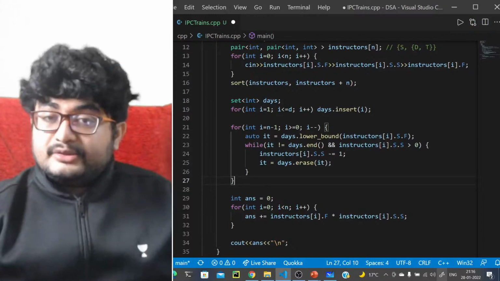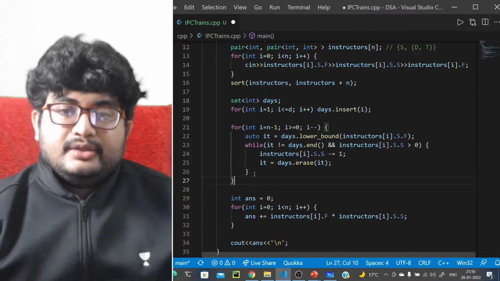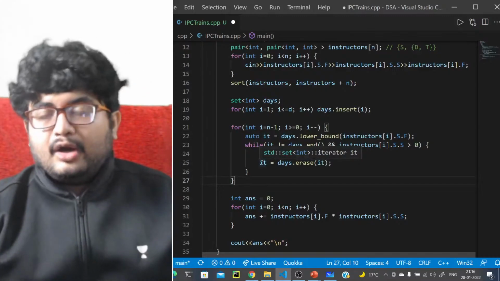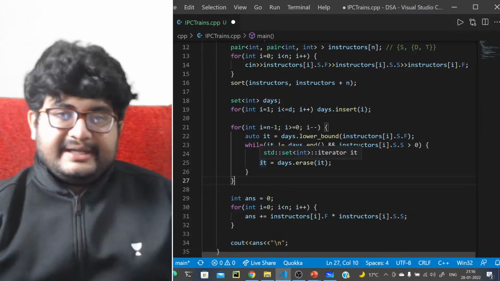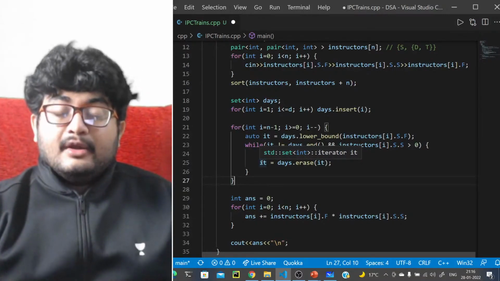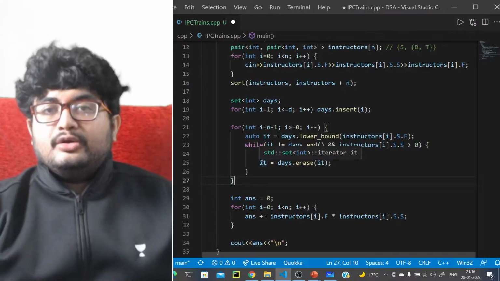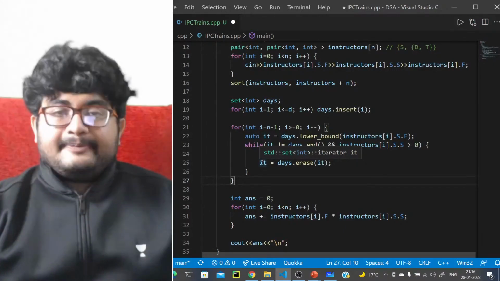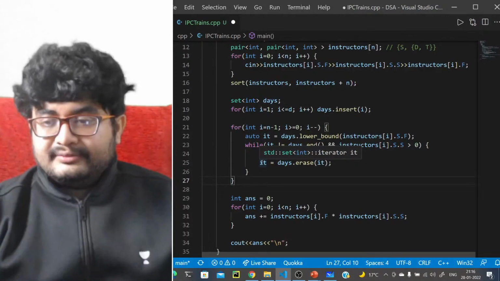So sometimes, yes, you have to write loops like this, right? You have to write two loops, but two nested loops doesn't mean it's order of n squared or n into d, right? You have to identify what is the total complexity of the inner loop with respect to all possible outer loops. If it is order of d, that means it is order of n plus d overall.